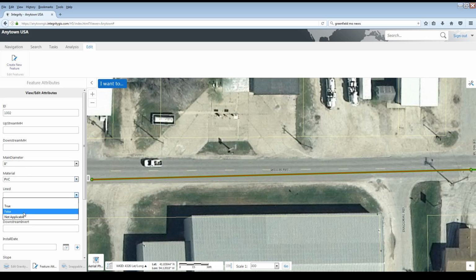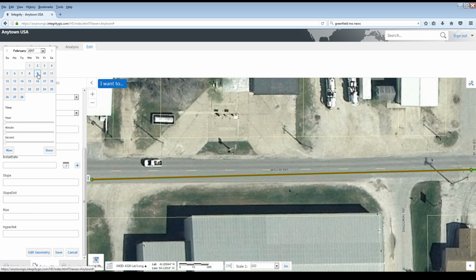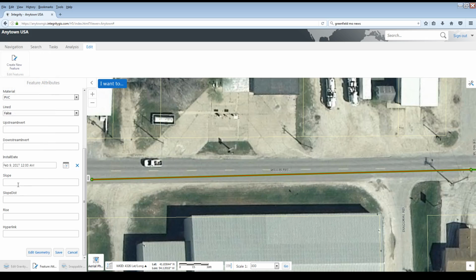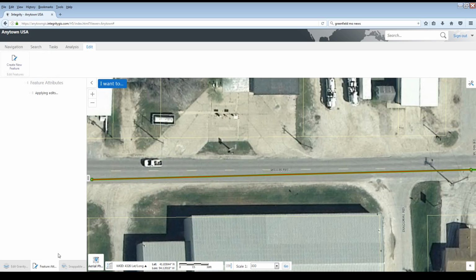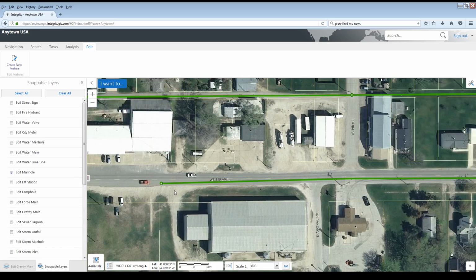It is not lined. That's false. If I knew the invert elevations, I could enter that. Let's say we installed it today. Done. And good enough. And then I can click save. And there we go. So within just a few minutes, we've gone in and added a manhole and also added